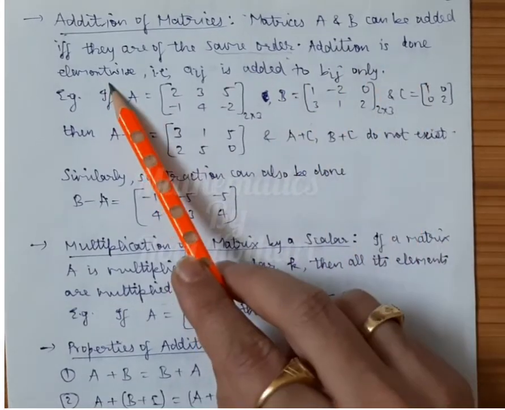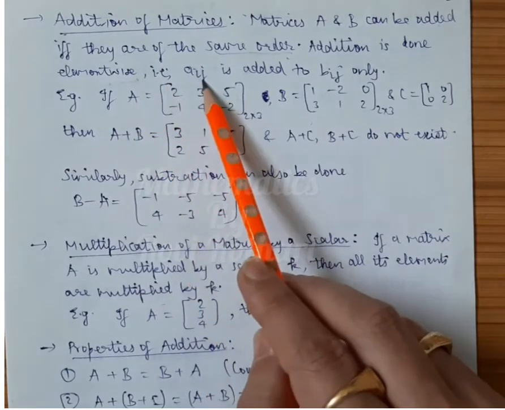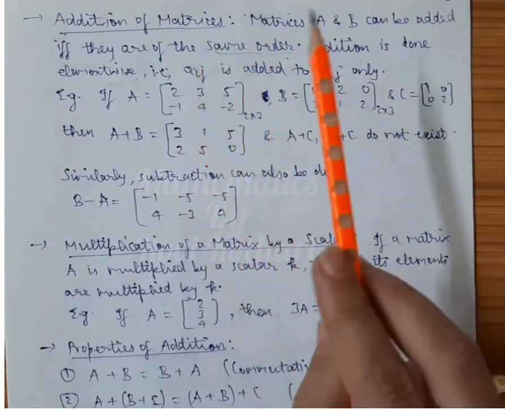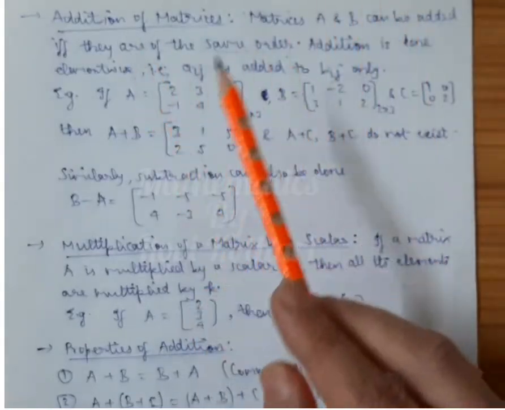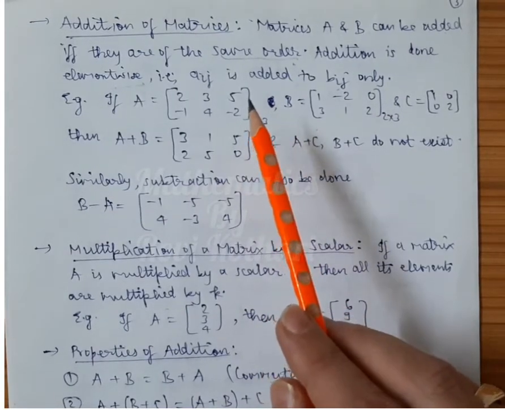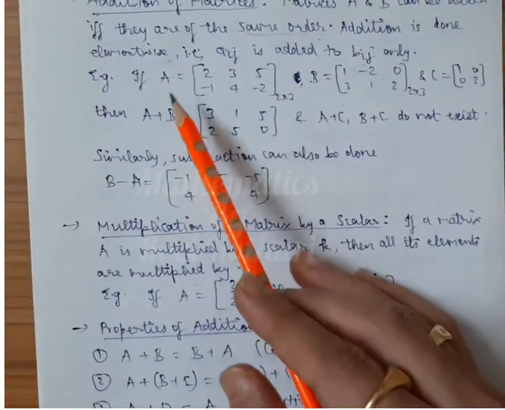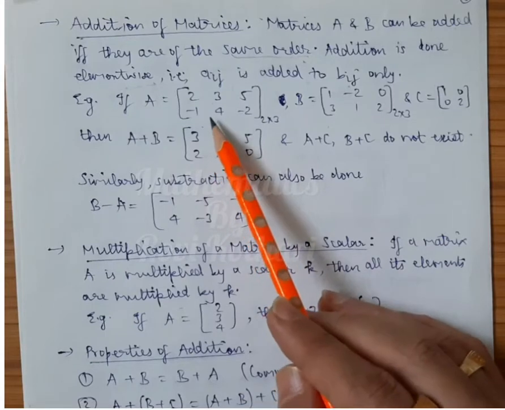Addition is always done element wise. What do we mean by addition is done element wise? It means Aij will be added to Bij only. That means A11 will be added to B11, A12 will be added to B12. Corresponding elements, just as in equal matrices the corresponding elements were equal, here you have to add the corresponding elements. For example, suppose I say that A is equal to this matrix, 2, minus 1, 3,